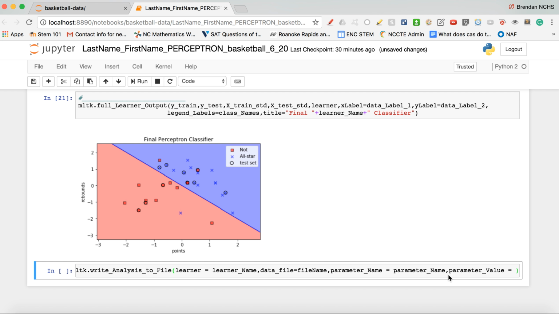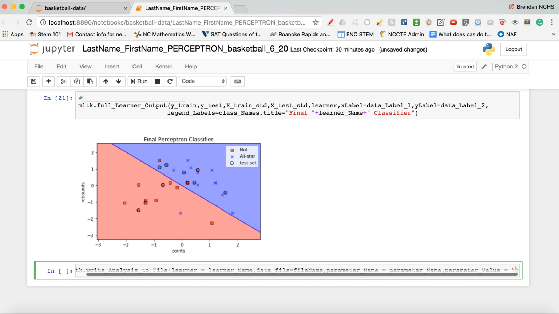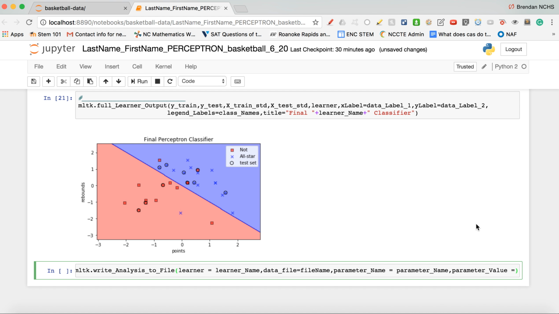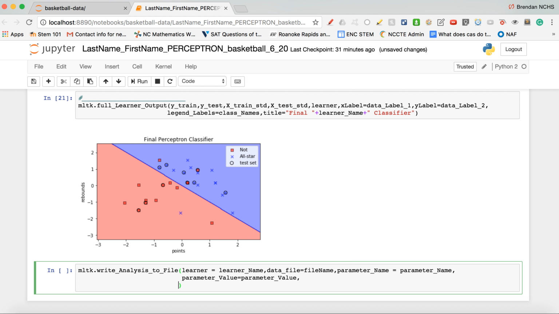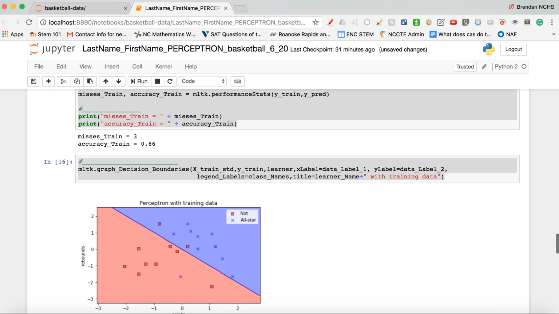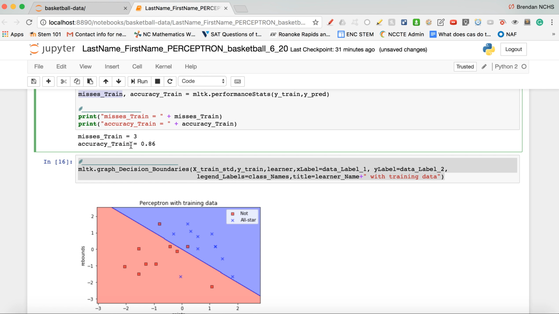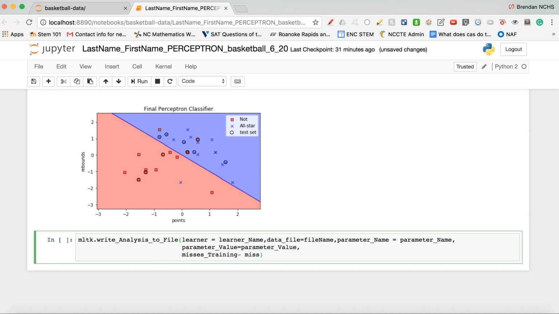And then parameter value is going to equal, just so you guys can see this, I'll go to the next line and hit enter. Parameter value is equal to the parameter value we created. Remember to put commas after these. Then the misses training is equal to the thing we stored. Remember we stored the misses train, how many we missed? So watch this. This is the misses train. And then the accuracy